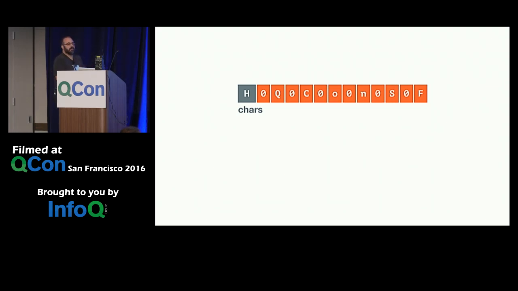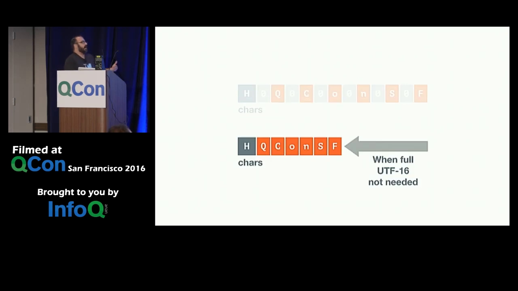OK, so how can we improve on this further? The observation is that if, for example, strings are tweets, and I tweet in English, and you're generally using only the Latin character set and you don't use Unicode, half of your character array is basically going to be zeros, because the characters can be encoded in 1 byte, and the rest is not really going to be used if you don't take advantage of the full Unicode. So it would be really nice to have a different representation for the character array that is more compact.